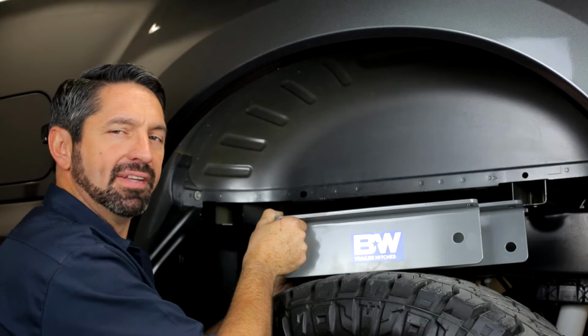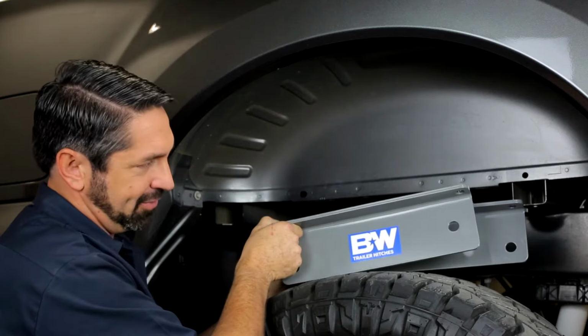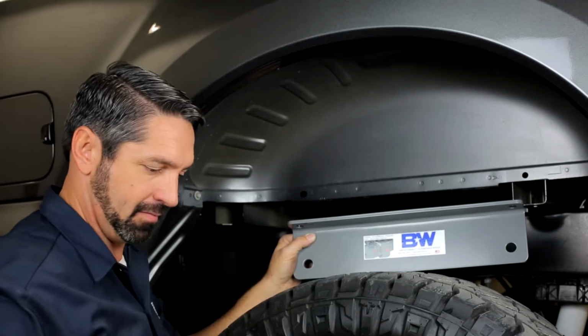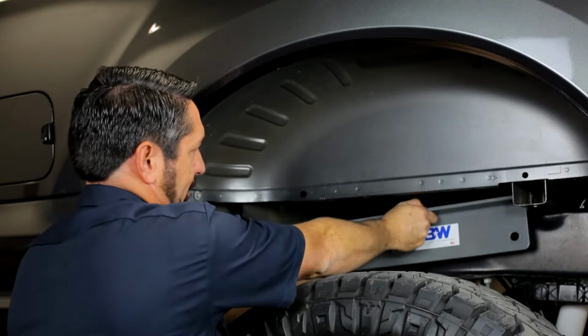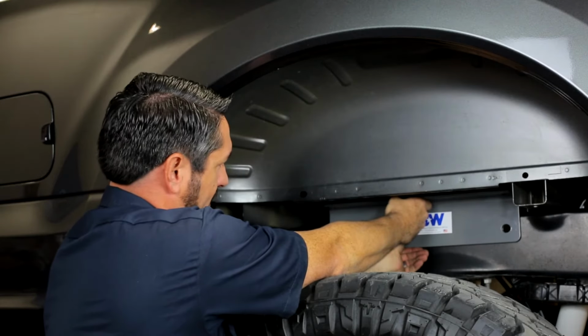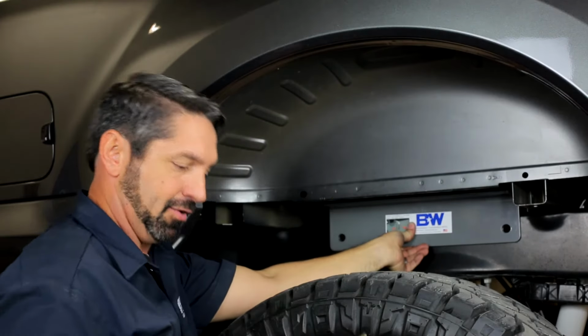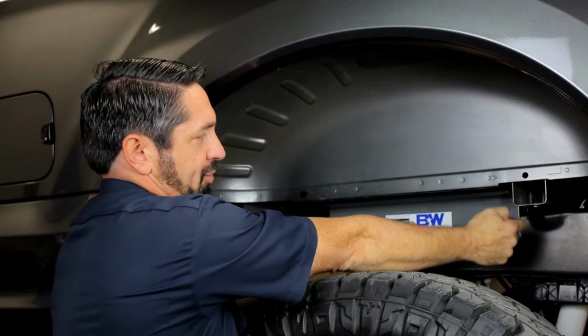The outboard side plates differ from each other between the driver's and passenger side. The passenger side plate is the shorter one, and the driver's side plate is the longer one. Simply put it up against the side of the frame, line the holes up between the plate and the frame, take your 4-inch long by 5/8 diameter grade 8 bolts with a flat washer under the head,